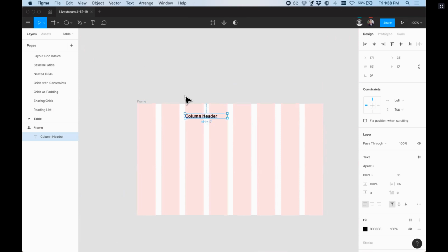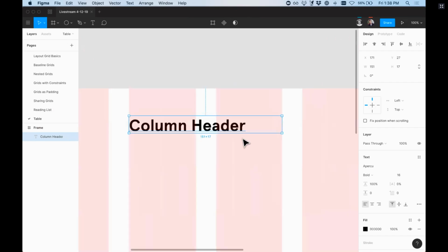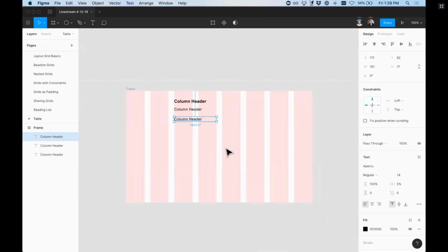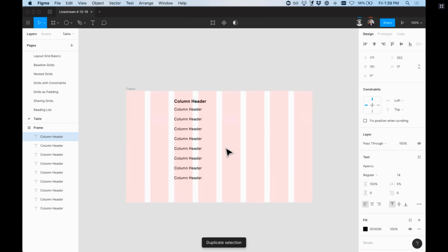Yeah, so tables are a pretty complicated one. I have some tables that I've built where I used to work that were pretty complex, so they'll be hard to build from scratch for the purposes of today. But basically, one of the things that I'll often do when building a table, especially something that's going to become part of my design system, is that I'll do something like this where